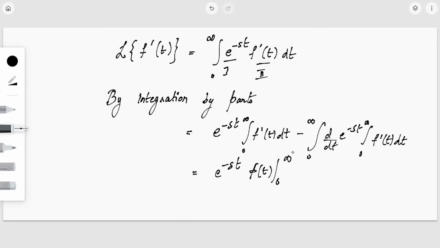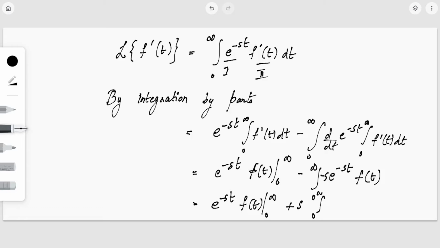varying from 0 to infinity, minus the integral from 0 to infinity. What is the derivative of e^(-st) with respect to t? It is minus s into e^(-st), and the integral of the derivative is f(t) itself. So this is e^(-st) f(t), varying from 0 to infinity, plus s times the integral from 0 to infinity of e^(-st)